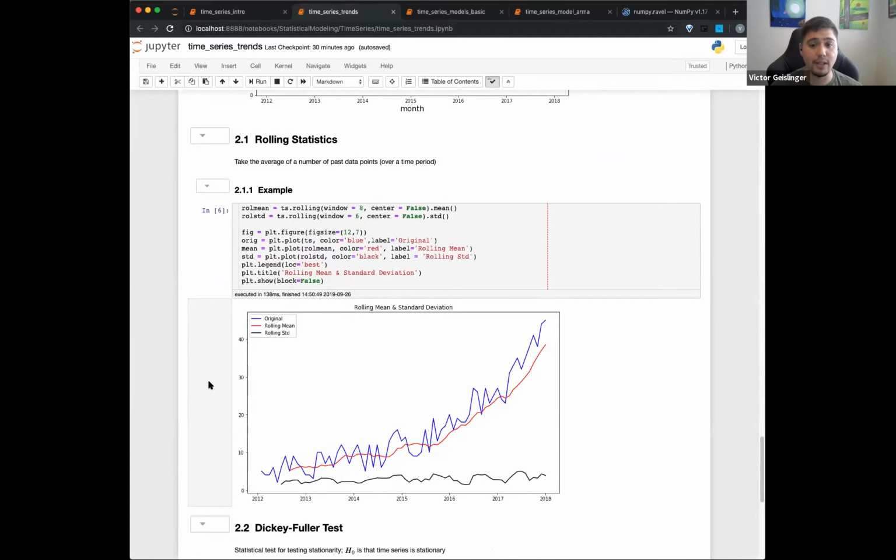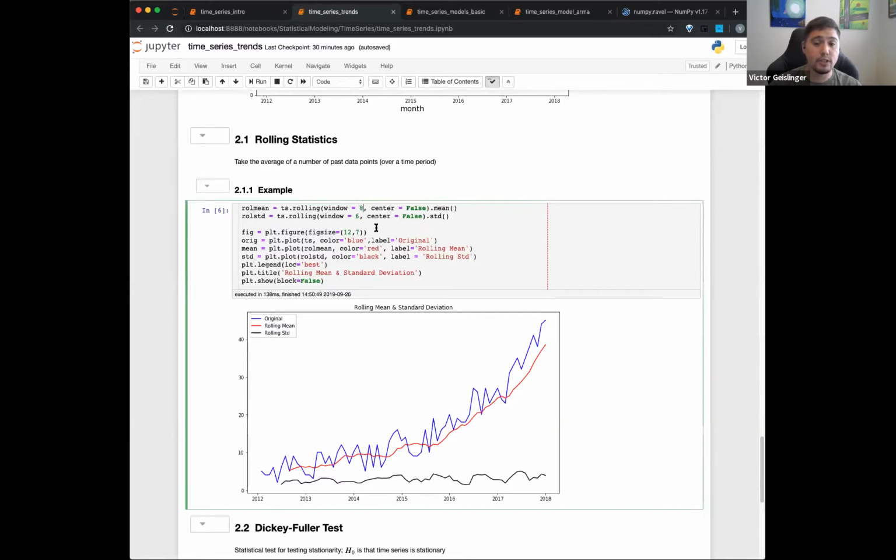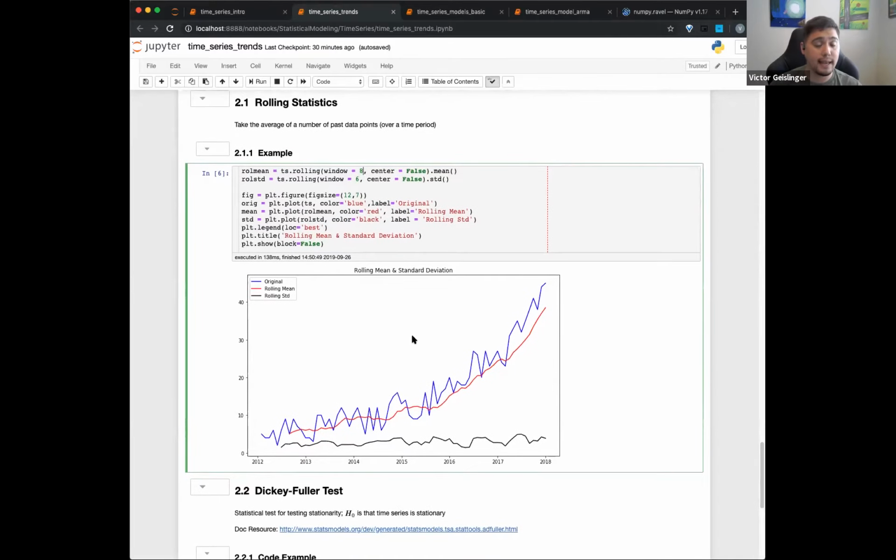So basically we have that little window that moves along our time series. This red line represents it averaging over, in this case, it looks like 8 different points. Note that you don't want to average over too large a window. If I averaged over 10 or 12, or even 8 might arguably be too large, we'll start losing information. And you can tell that right here, it seems to be traveling more or less in the middle of this set.